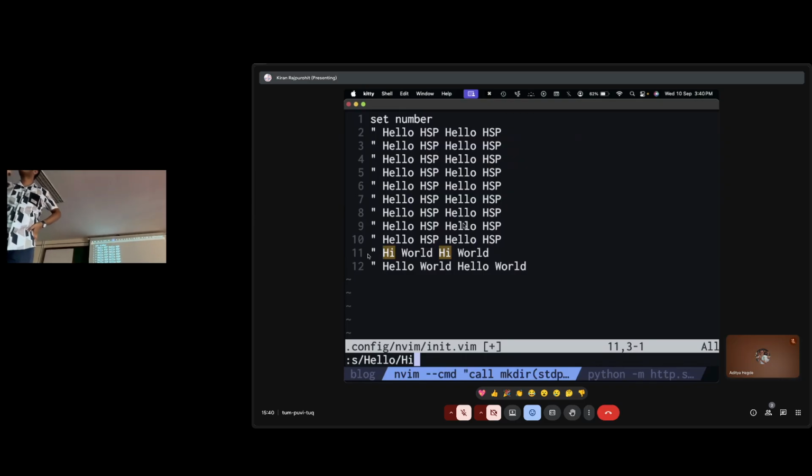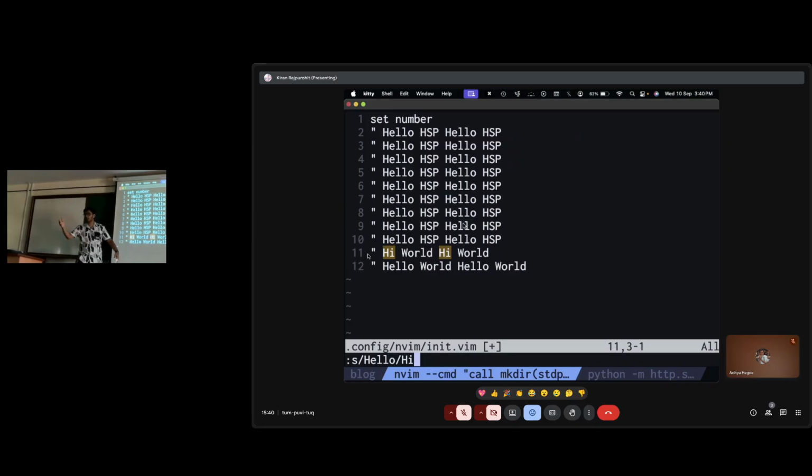Oh, you do slash g. So, here's what you do. You give colon s/whatever word you want to find/whatever word you want to replace it with/g. Okay?